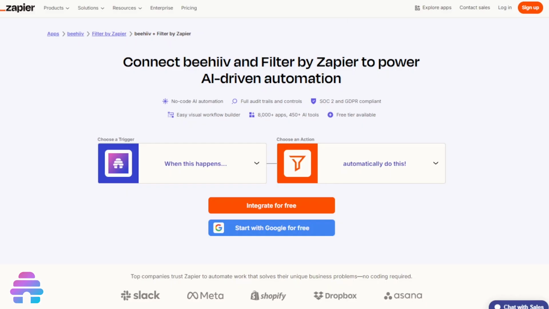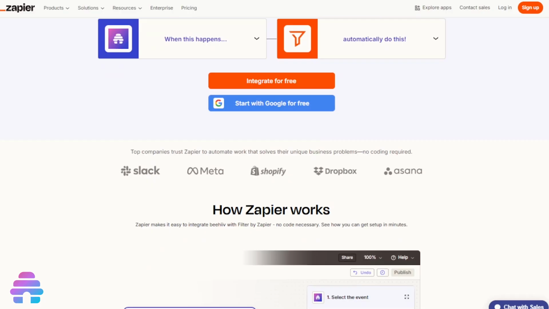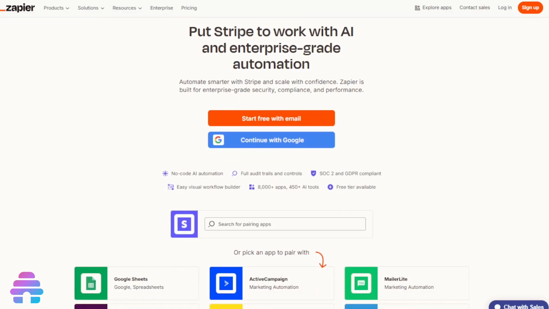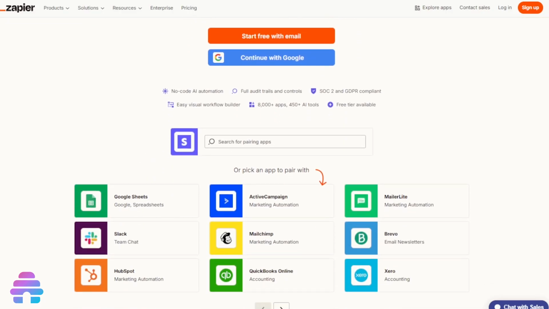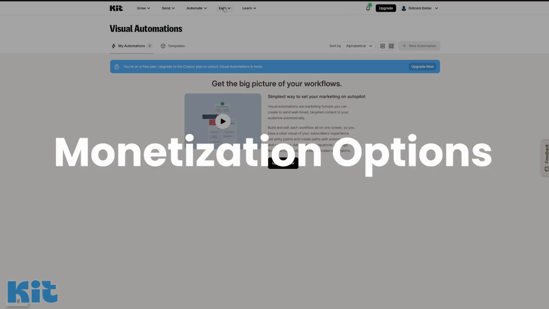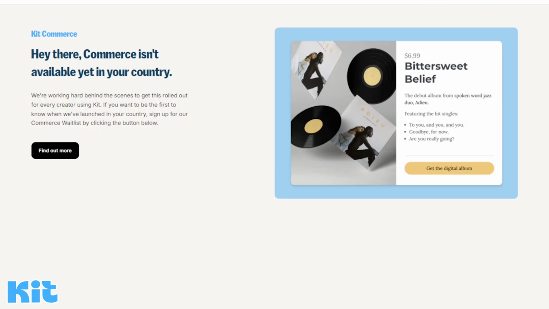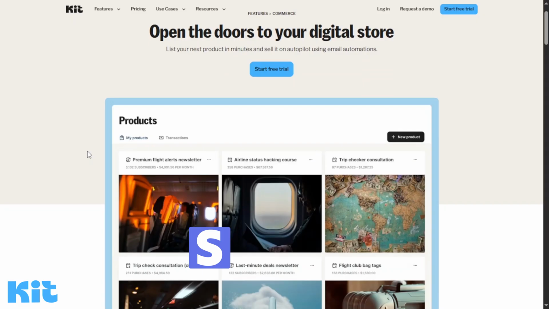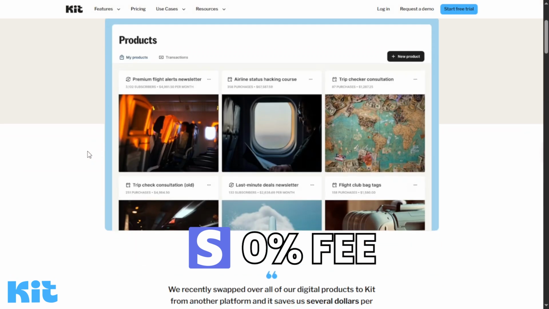The Zapier integration opens up connections to hundreds of additional tools for more flexibility, and the Stripe connection is also really handy for accepting payments straight from the platform. Kit lets you sell digital products straight from their platform. Their built-in connection with Stripe and 0% fee is a great option to start selling your digital downloads without paying